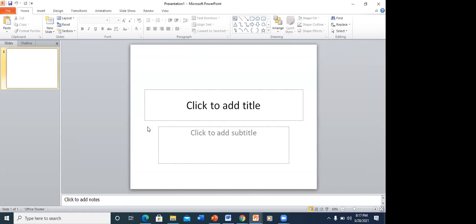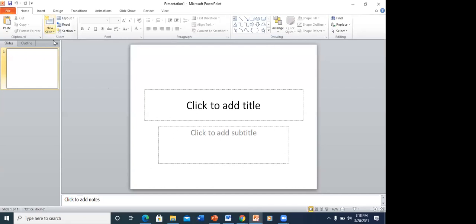I was in the former PowerPoint slide and I wanted to create a new one. All I did was Control N. But if you're starting from the beginning, it should take you to something blank. There are some windows to show you different themes or templates which you can pick. Some will just take you straight to this point.